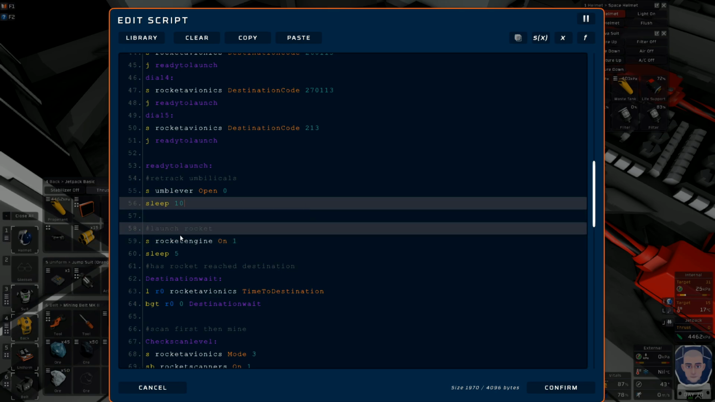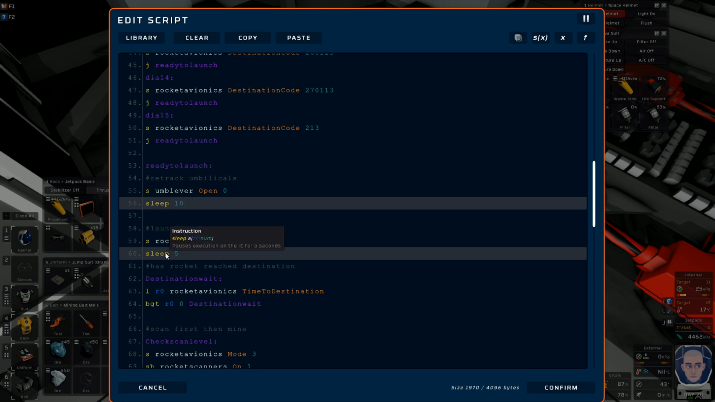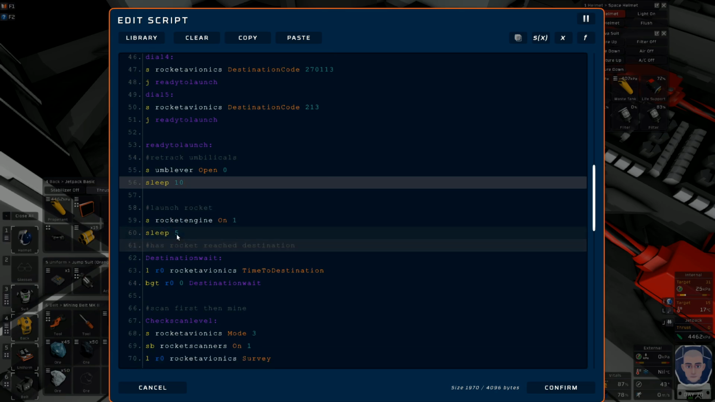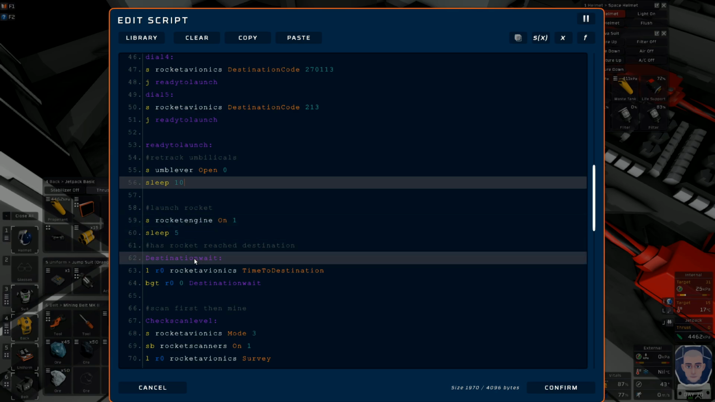Then I want to launch the rocket. So I turn the rocket engine on 1. Now, I have this sleeping 5 here. It's not going to matter. I could probably put a tick here, but in the past in my programming, if I change a setting and I don't happen to wait a tick,